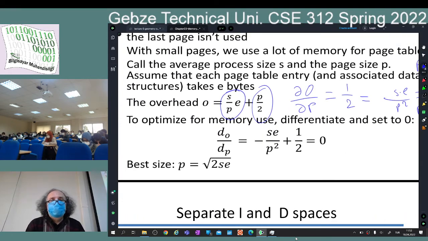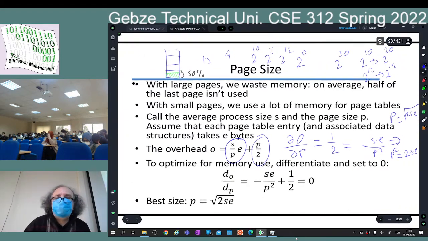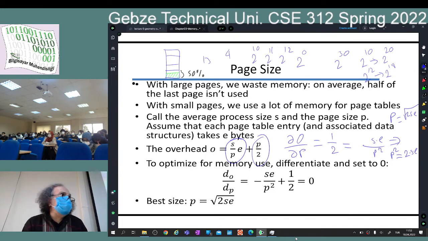So we do this kind of stuff in operating systems: analytically solve some equations to get better page sizes. It is nice, but these kinds of solutions are not usually very practical. The practical solutions are usually what? Instead of doing this kind of analytical, closed form solutions based on optimization theory or derivatives, what would you do? Can we use